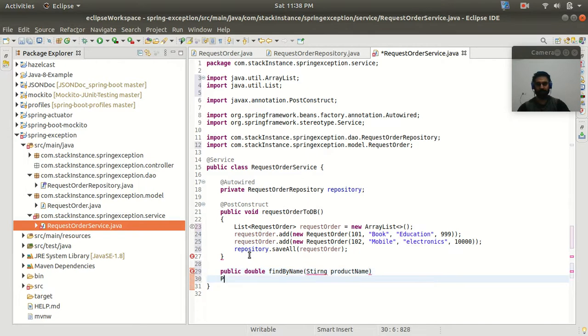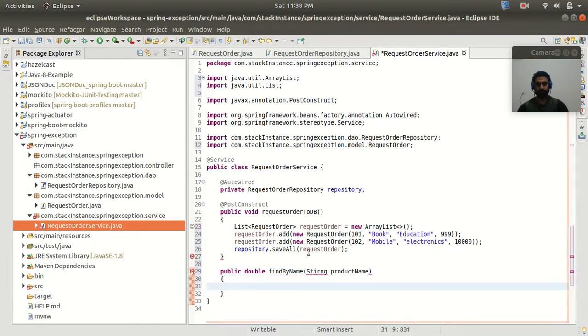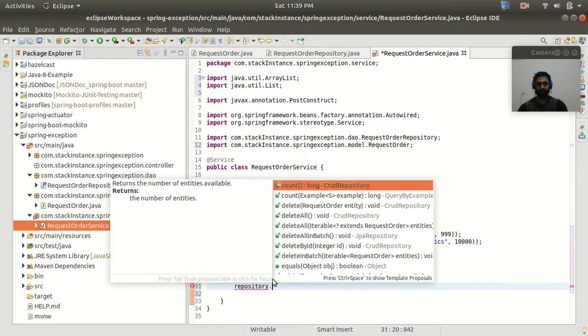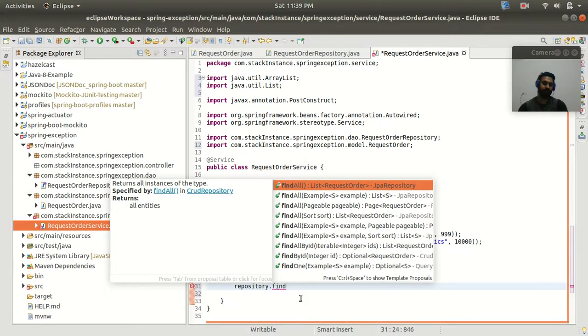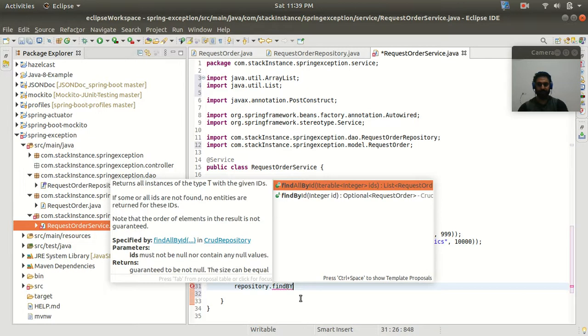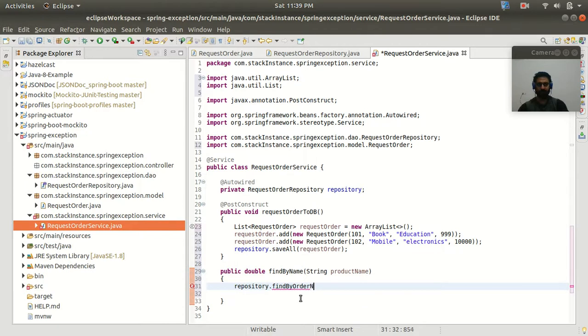Let's pass the product name as a string, and here I will call the repository. So repository dot, I have a method, let's say find by. So here I am going to create a method, let's say find by. So you have to write find by and the capital O, order name. So here it is going to find the order or the product according to the name of the order.